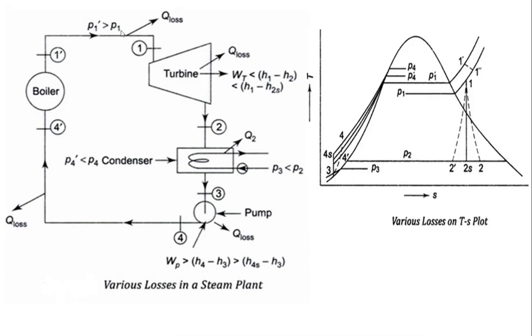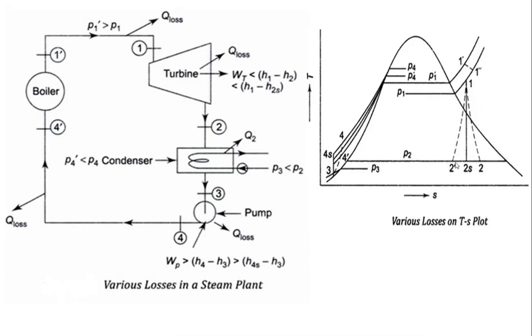That means the boiler outlet pressure is more than the turbine inlet pressure. So this is one of the losses. Pressure loss is going to occur while sending the steam from the boiler to the turbine. Similarly, in the turbine, in ideal cases isentropic expansion takes place, that is reversible adiabatic expansion. But in the actual case, it is not an isentropic process, so entropy is going to vary. You can see here, this is state point 1 and this is 2s. If the process is isentropic, then it is from 1 to 2s. But the actual process is 1 to 2 or 1 to 2 dash.